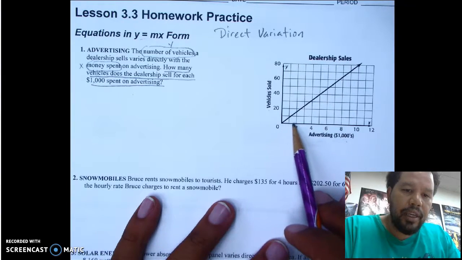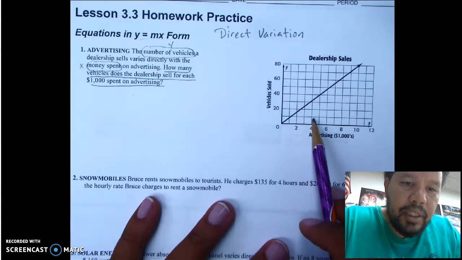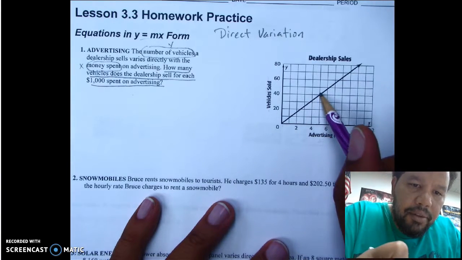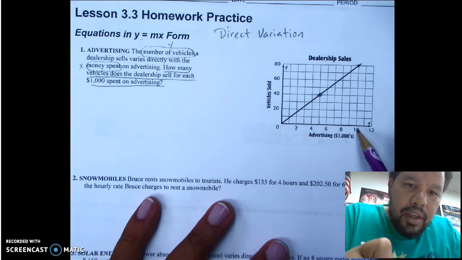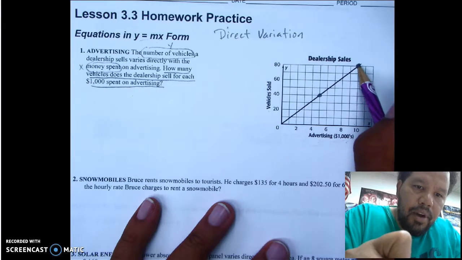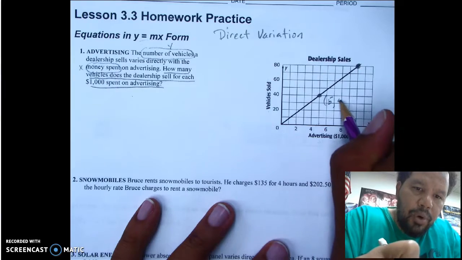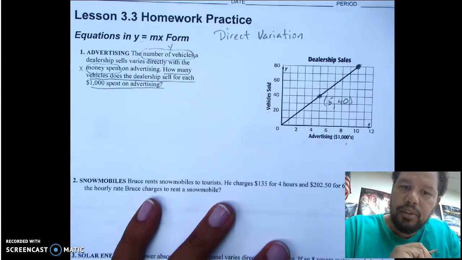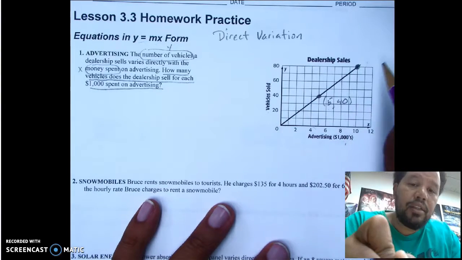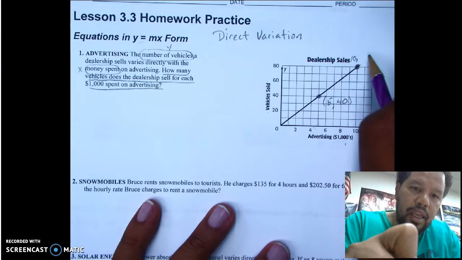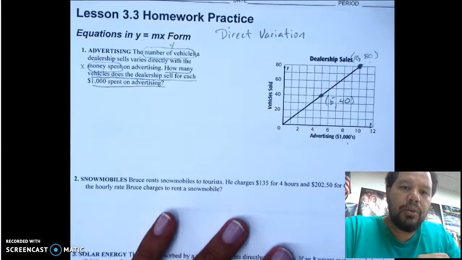So if we're looking here, we have to find points on this graph, and I'm looking closely. It looks like we have a point on the graph right there, and I think we have a point right here. So this point looks like it's 5 and 40, and actually it's 5,000 because these are counted in thousands, and this one up here is 10 and 80. Okay, so I have those right there. So how do I